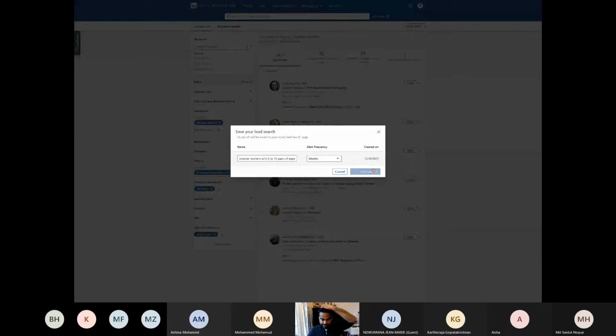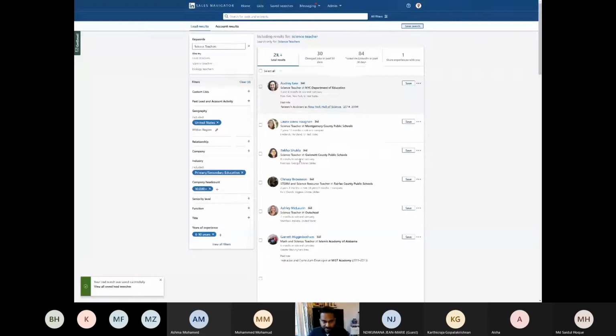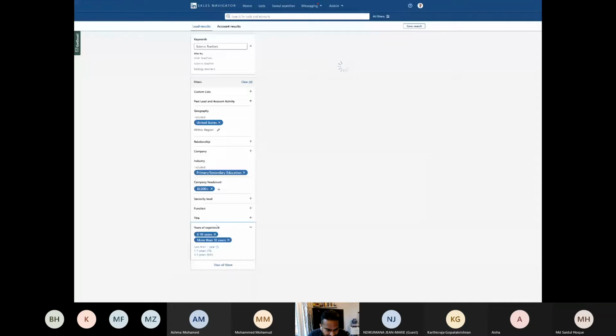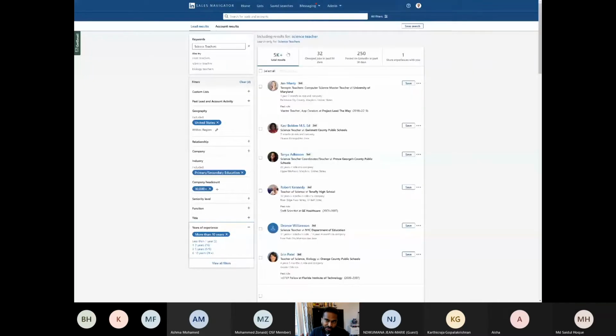Save it again, right? And the third I'll do is, obviously, I'll take the more than 10 years bucket and remove the 6 to 10 years bucket. If you look at the more than 10 years bucket of science teachers, there are more than 5,000 people. As I said, the rule of thumb is you need to split them around 2,000, so this needs to be split into 2 buckets. So I want to look at something which will split this into 2 buckets.